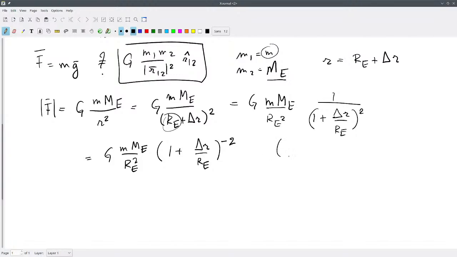And let's assume that delta r is much less than the radius of the Earth. So we're looking at small changes delta r compared to the radius of the Earth. So now I can Taylor expand